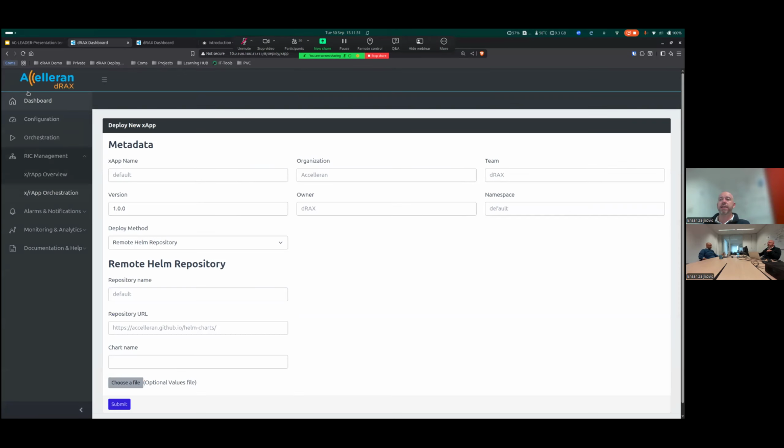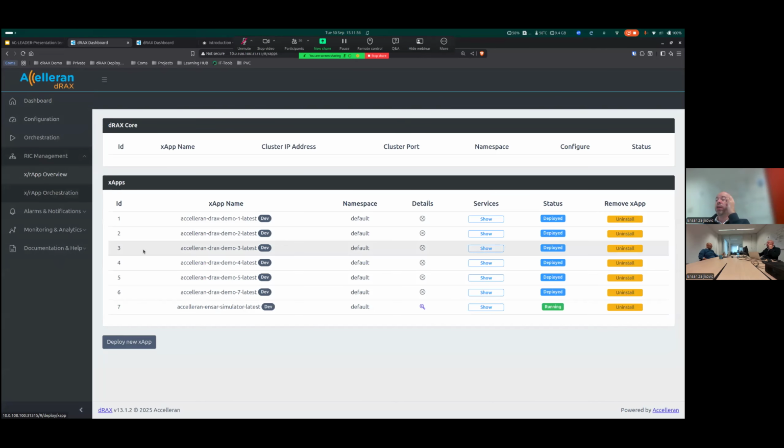The way we can access it is if we now go back to our menu and click xApp or rApp overview, we should see our demo 7 xApp over here. You see that it has this small badge, dev. That means that it's a development environment and not a production running xApp. Its status is currently deployed. Once an xApp is actually running, it gets a status of running rather than just deployed. But for now, this is not a running xApp, it's just a development environment that's being deployed. So that's step number 1, quite easy, right?